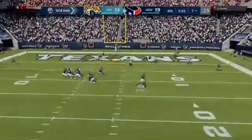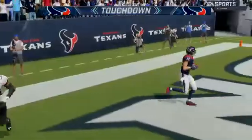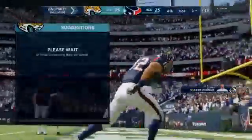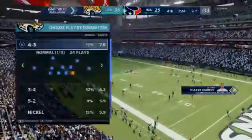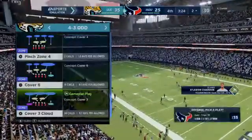To the air yet again. Watson eluding the... And that is caught. Touchdown, Texans. Kenny Stills, his third touchdown now on the year. And the Texans cut into that lead. So he scrambled right, but was able to look back toward the middle of the end zone to find the